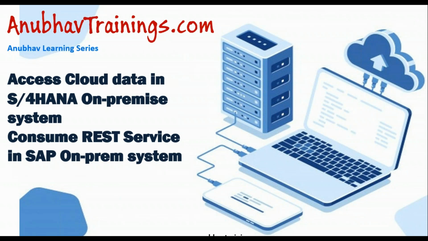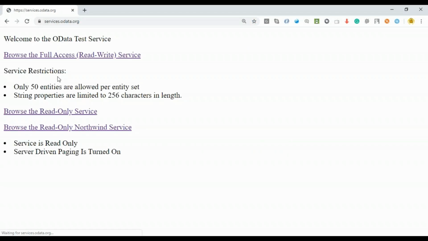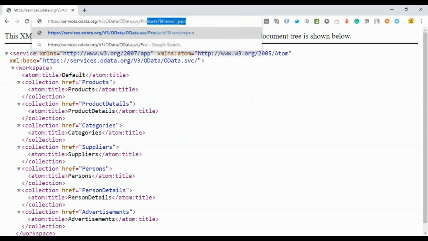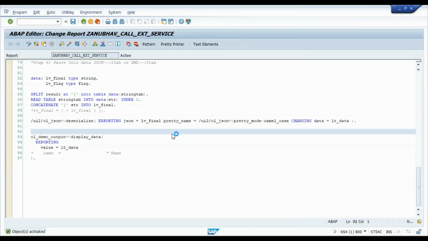In this Anubhav Learning Series video, we will discuss how to access cloud data in an SAP S4HANA on-premise system. If you have any REST service available somewhere on the cloud and you want to consume that as part of your S4 on-prem system, you will be able to achieve that with this video. We will learn about the core concepts of connections. Also, writing a report program, we'll explore an OData service provided by odata.org and then consume that as part of